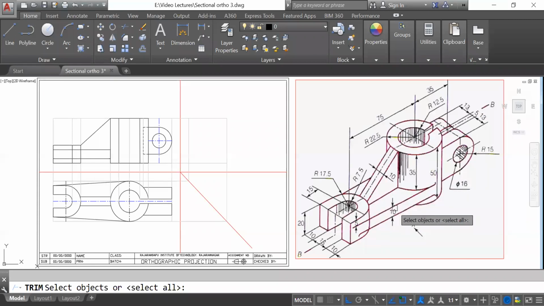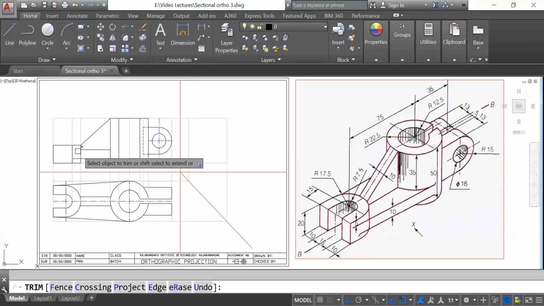So this part is going to be removed from front side. It is present back side, no issue, we will show the hidden line for that afterwards.